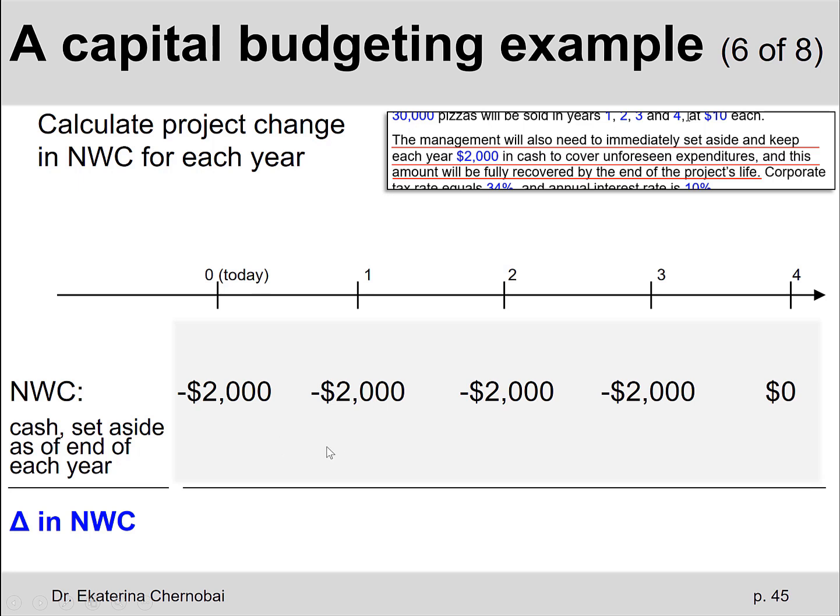Now, how does this cash reserve change over time? The immediate change is $2,000 in year 0. Then it does not change, which means you put $0 or leave it blank for years 1, 2, 3. In the 4th year, because it's recovered, we're going to get our $2,000 back. So the project sort of gives it back to us. Now we are free to use it for anything else where it's more needed. So the $2,000 recovered at the end, you can put a plus sign next to it because it's like a cash inflow. It is a cash inflow.